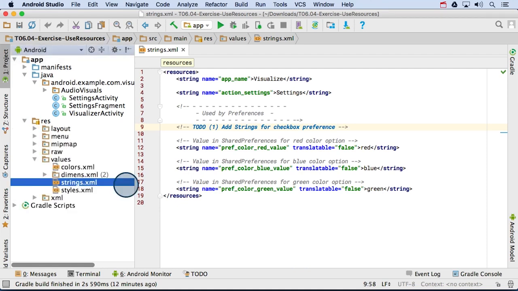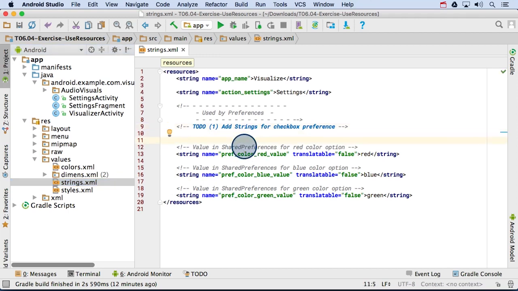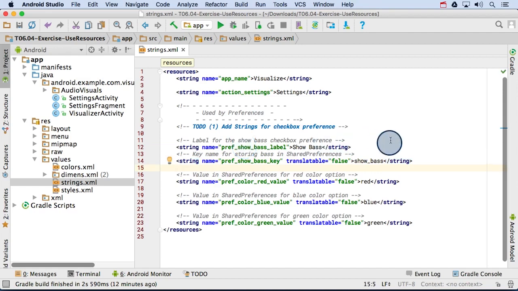The first thing is that we should have been using string resources from the strings.xml file for all of our preferences. So in our strings.xml file, I'll add those two new strings, one for the key and one for the title. Notice that I've set translatable to false for the key string, because if I ever do localize my app, I don't need to waste the translator's time translating keys that are never even visible to the user. Also, I don't want changing the language to affect what name the keys are saved under.